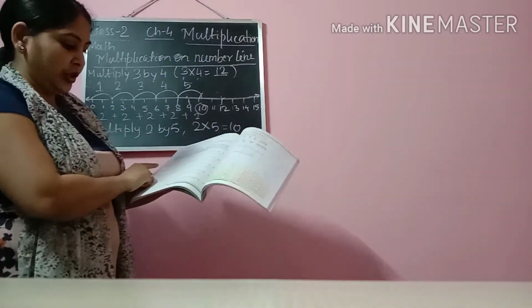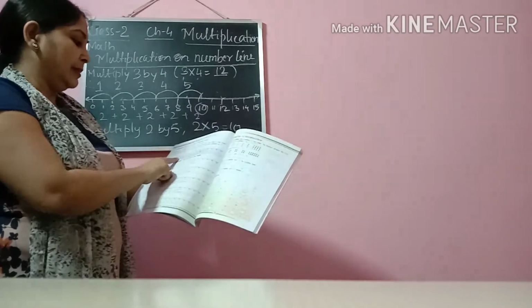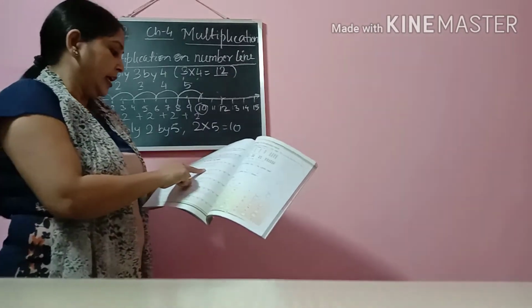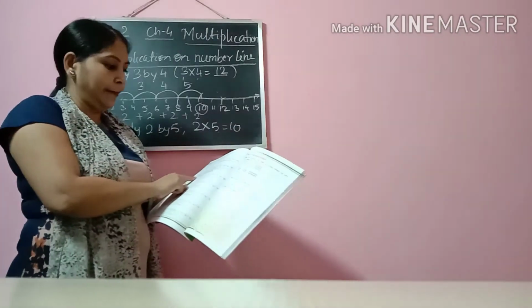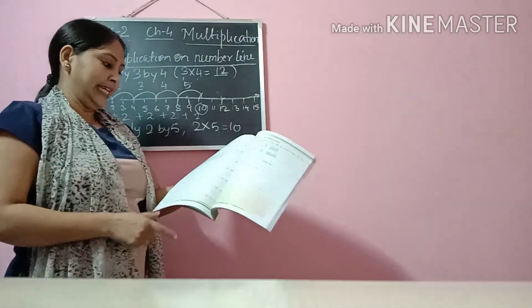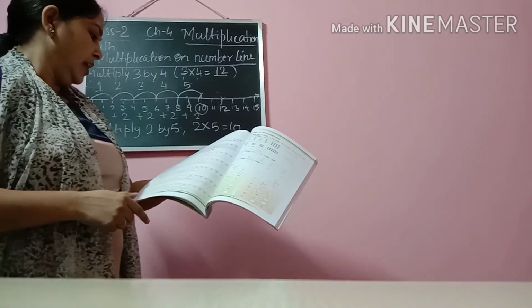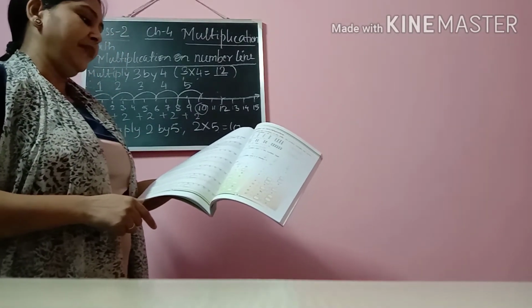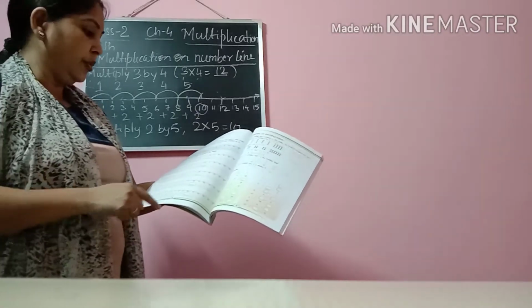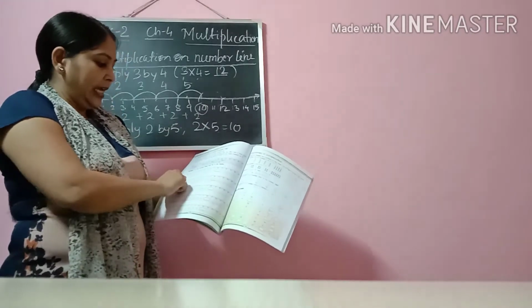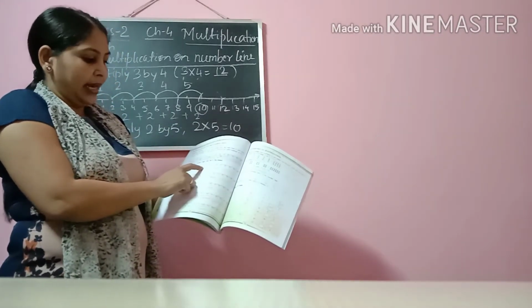You see page number 74. In page number 74 you will find multiplication on the number line, and here they have shown one example. At the same time few exercises are also given. So we will do the first one, multiply on the number line and fill in the blanks. It is already done for you, for your knowledge and for your understanding. You can see the first one, 1 into 7.